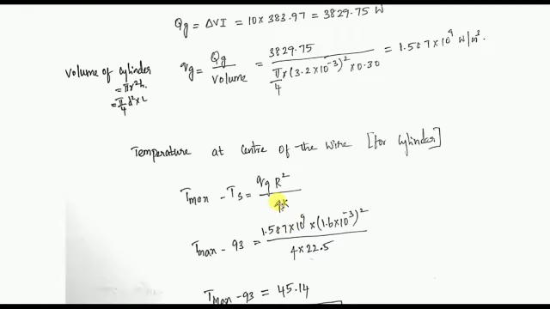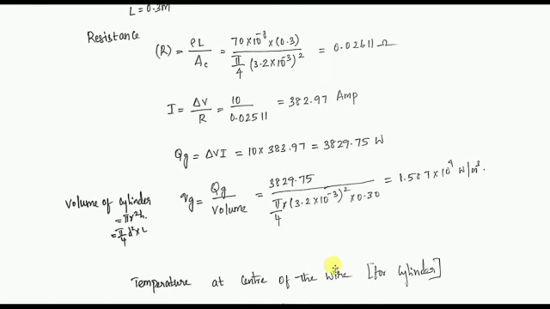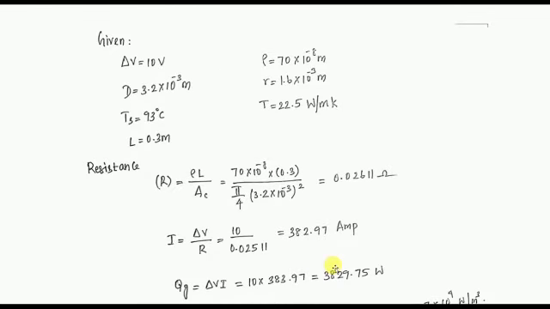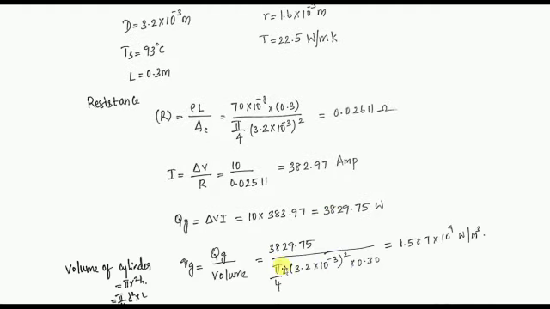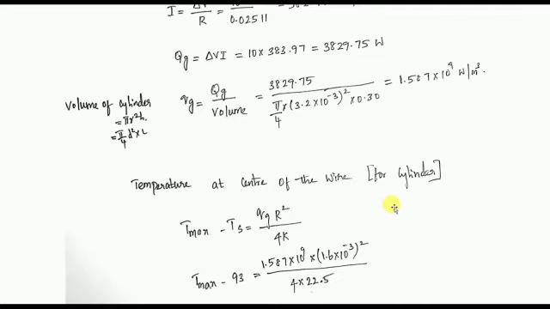When you substitute every value we know, with the help of a calculator we will be getting the answer 138.14 degrees Celsius. I need you to understand how to use the formula. From that formula, what are the things we are going to take and derive the solution. We already saw every formula. Just by understanding the question, we are going to substitute and get the answer.